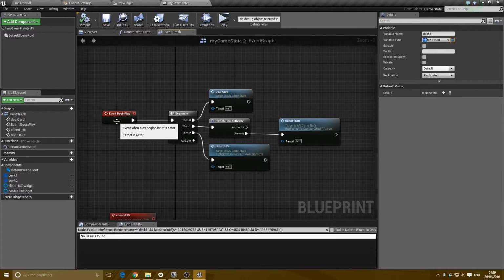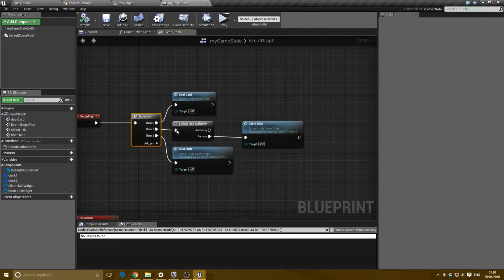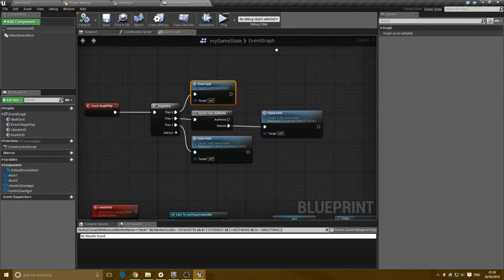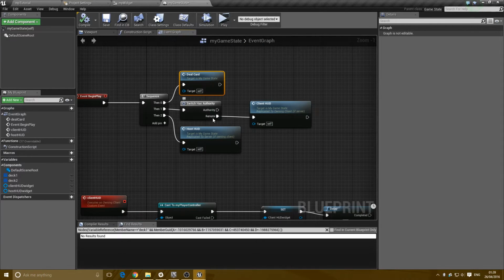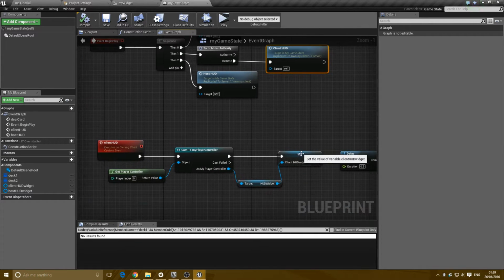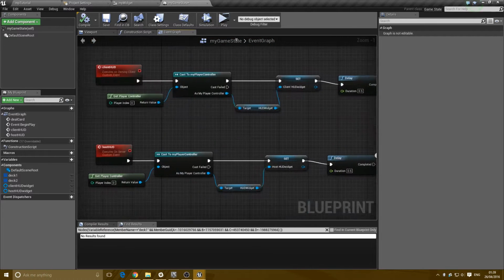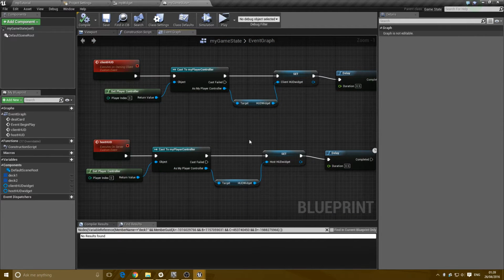Then we have the begin play event, which has a sequence which calls that function, and then has this kind of groovy networking thing going on where it runs a function that creates a reference for my client's widget on the client, and on the host it creates a reference for the